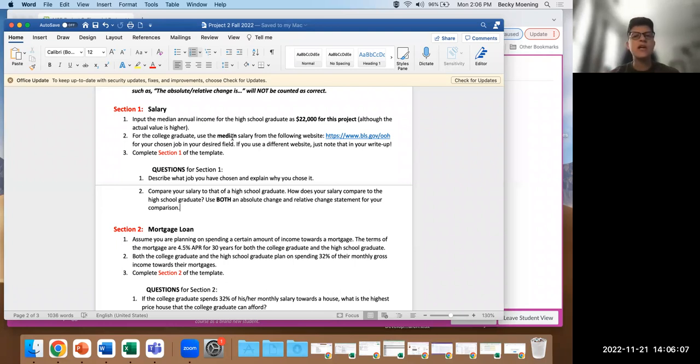I want to be a nurse. I want to live in Seattle. The median salary for a nurse in Seattle is $1 gajillion. Great, tell me that. You'll notice in section 1 that we are using $22,000 annually for a high school graduate. That number changes every semester, so make sure you're paying attention and you're using that. You have yours. Everybody's career is going to be a little different, but we are all going to use $22,000 for the high